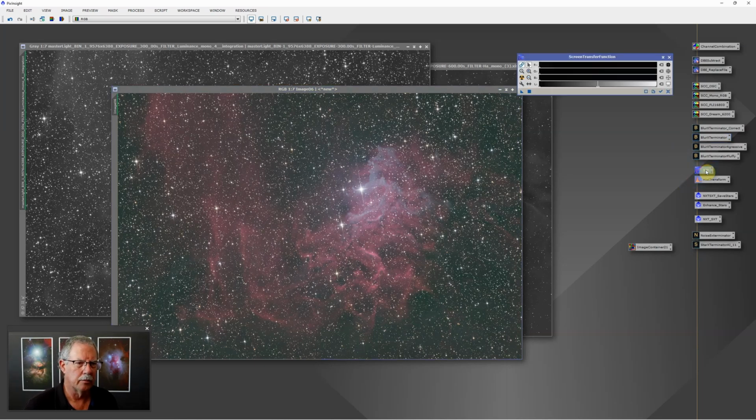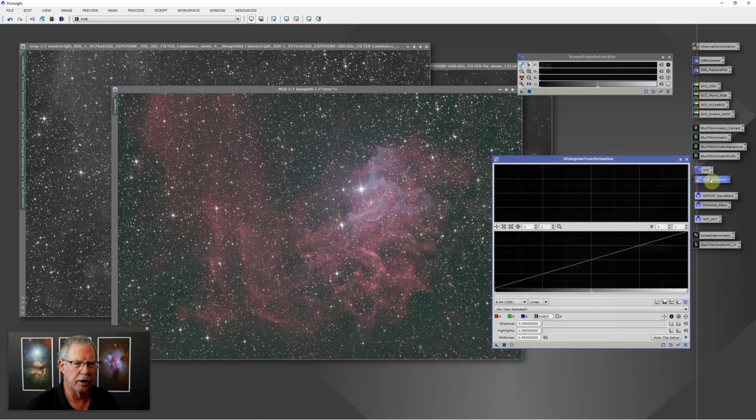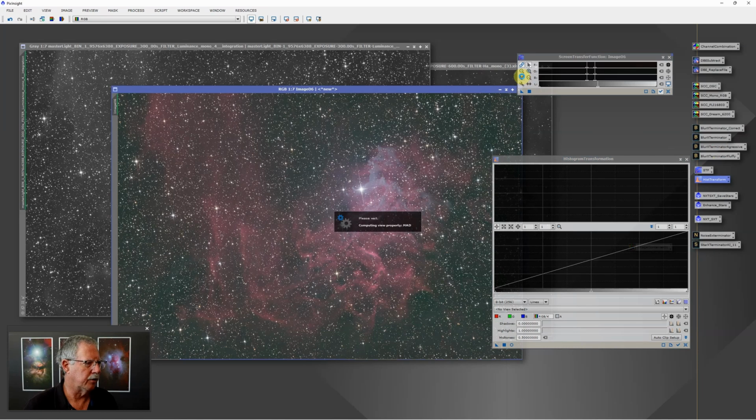So we'll open up the screen transfer function, and then of course we'll be using the histogram transformation to be able to apply that stretch. So we'll go file by file, we'll update the view, and then I can use the scroll wheel to zoom in and out on the sliders here at the top, and because the channels are linked, if I move one of them, it moves all of them. Typically I'll find I want to darken the darks a little bit and brighten the brights just a little bit. So I may adjust the contrast a little bit on each file,